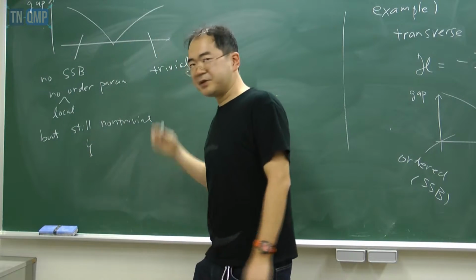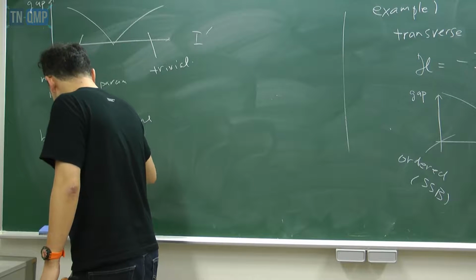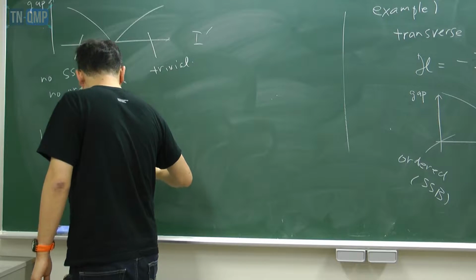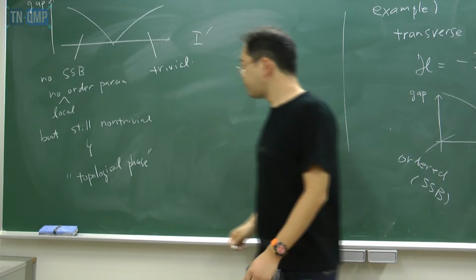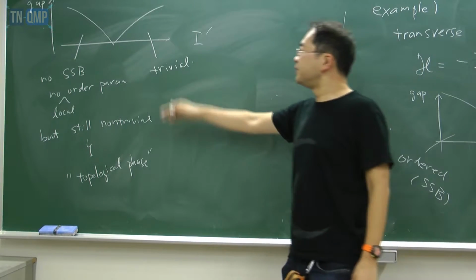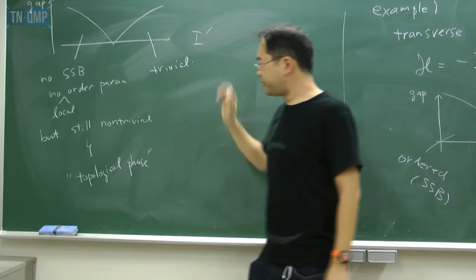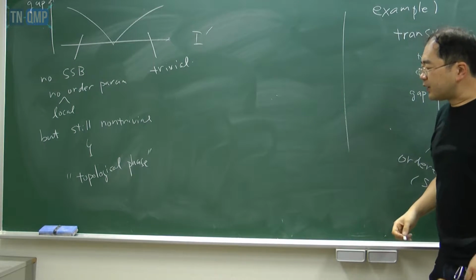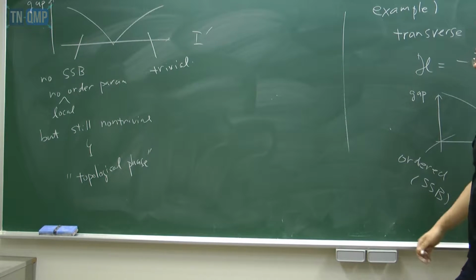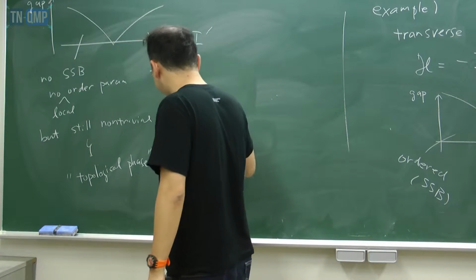And this kind of phase is these days often called topological phases. And one indication of topological phase is that you must cross some quantum phase transition in order to go to this phase from trivial phase. And so topological phase is a very broad concept,